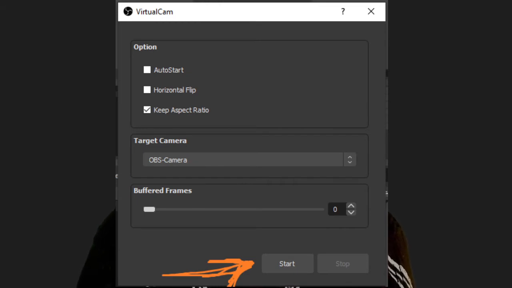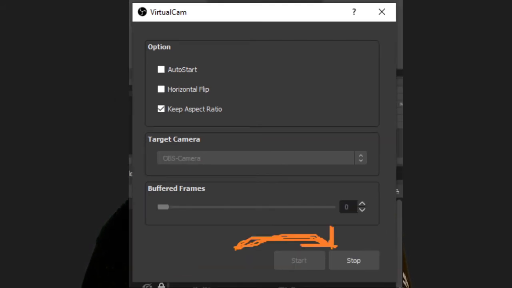You select keep aspect ratio and target camera, OBS camera, and that's it. Make sure here it's 0, and that's it. And you click start. Once you click start, this is what it will look like.